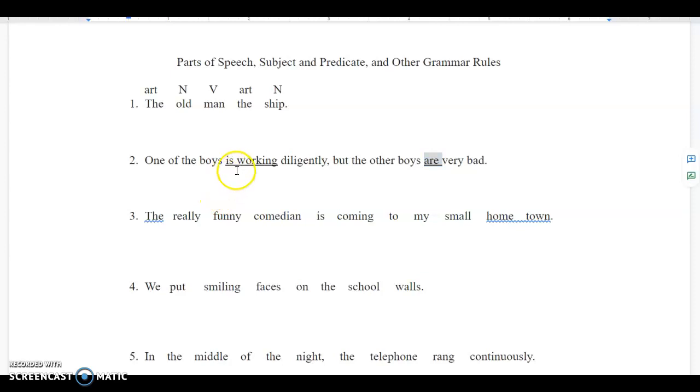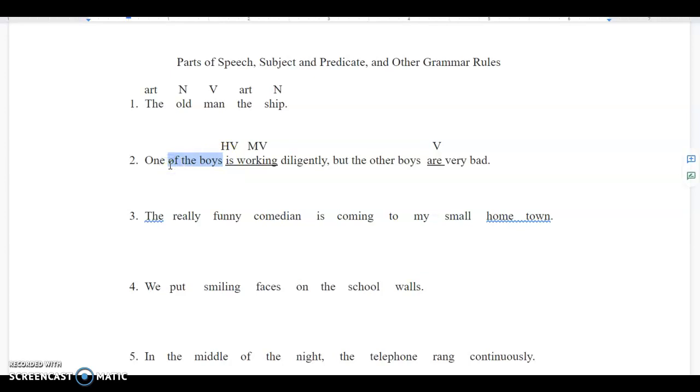Okay, so we're back. And so we know that this is a verb phrase. So is working is your verb phrase. Working is your main verb. Is your helping verb. And so are is your other verb, okay? And so now you're trying to figure out the subjects, right? So first one is working. Who is working? Now you might think it's the boys, right? You might say boys is my subject, but that is not correct because remember, of the boys is a prepositional